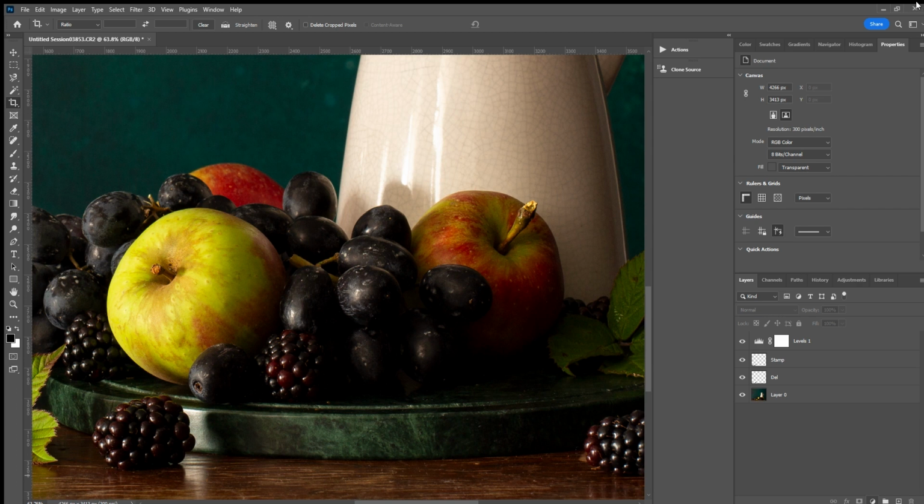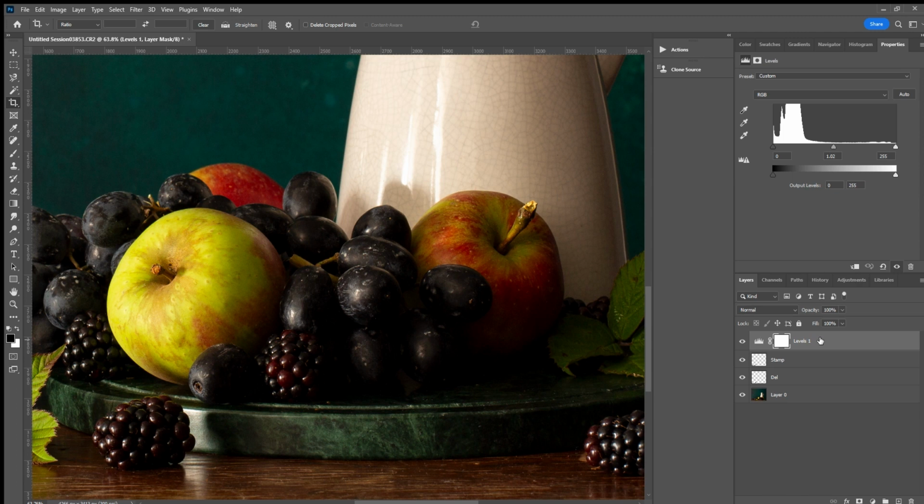It's alright, it's fine. So we're on the levels and we're going to adjust the level, and we're only adjusting the level to the grapes. So we're going to increase this. When you look at that graph, it's showing you that there's loads of information on the darks. You can see, because this side's light, all the information's gathered in here, so it's saying that the image is quite a dark image. I always work on the dark side. So this mid-range, if you move this up,